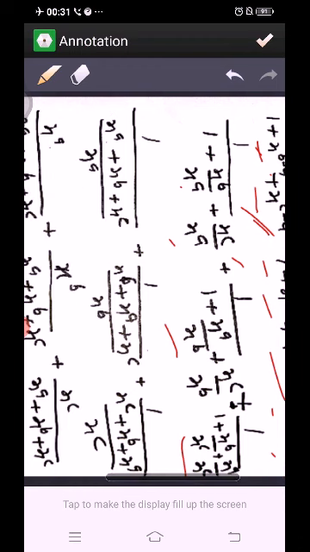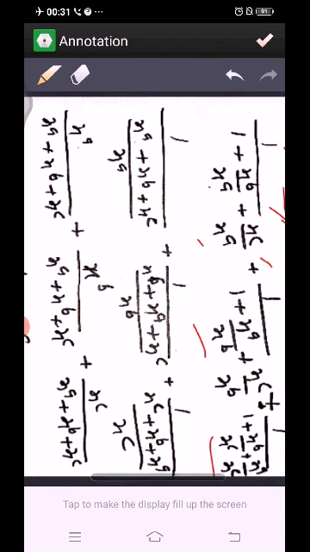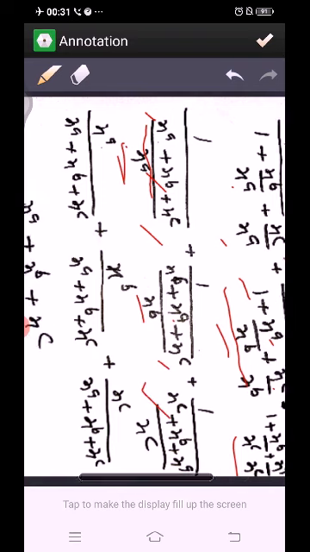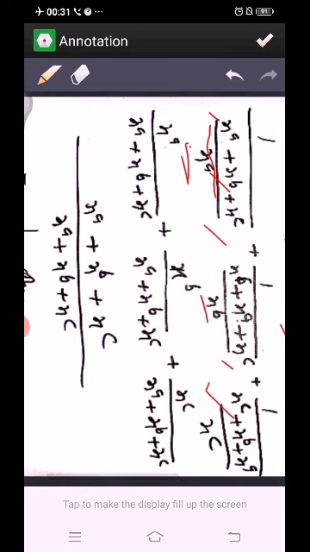Now here in the numerator we take LCM, the denominator taking LCM, that is x power a. So we get here x power a plus x power b plus x power c. Same thing here we are taking LCM, x power b, then we will get x power b plus x power a plus x power c. Same thing we will do in the third part also. Now this x power a will come up, x power b will come up, and this x power c will go up here. So we can write it in this way.